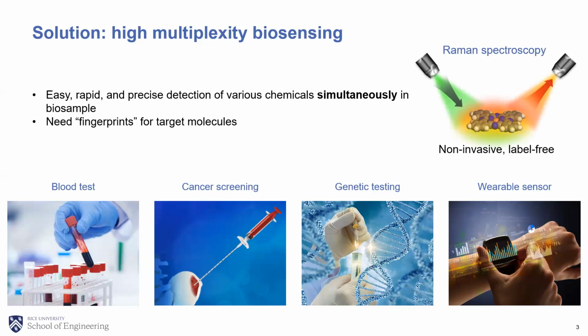So a good fingerprint for the biomolecule is Raman spectroscopy. Raman measures the vibrational modes of the chemical bonds in a molecule. Considering every molecule has a unique set of chemical bonds, a Raman spectrum is a fingerprint for the molecule. Every molecule has a unique Raman spectrum, which is different from any other molecule. For the Raman measurement, you just shine a laser onto the molecule and detect the scattered light spectrum, and you can get a Raman spectrum. Raman is non-invasive and also label-free. So the measurement here is very simple. Next slide, please.